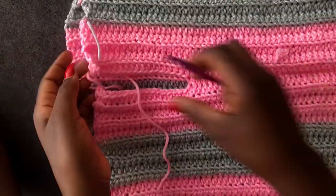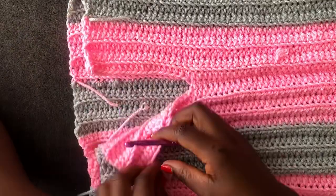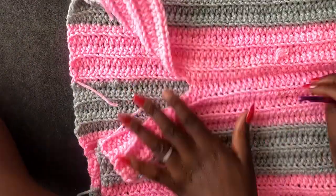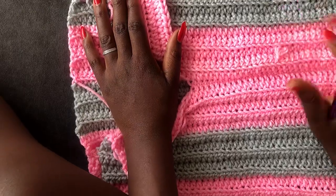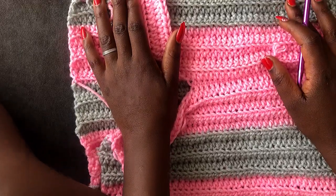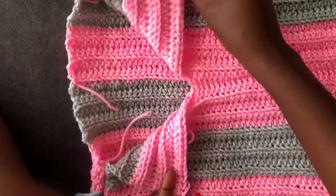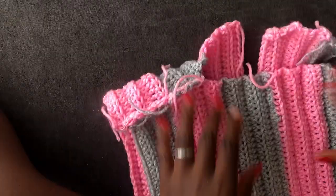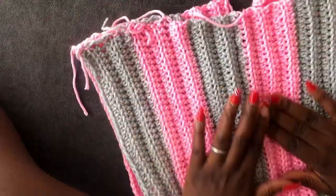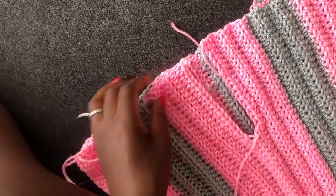And now we're going to work on the neck part, if you can see that. And on the neck we are going to use a single crochet pattern. So let me show you. Turn your crochet top inside out again, because this is our rough, messed up part. So we're going to work from the inside and